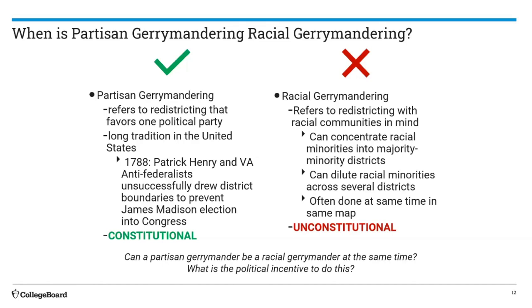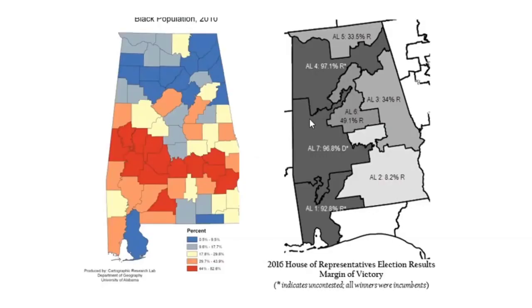And we probably should understand that partisan gerrymandering can be racial gerrymandering at the same time. Okay, we've got the state of Alabama here on the left, the Black population in 2010. You see the red there where it's the most concentration of African Americans, and then over on the right, the results of the redrawing of districts based on the 2016 election. And you can kind of see there where we've got a district that is primarily Democratic and is probably representing